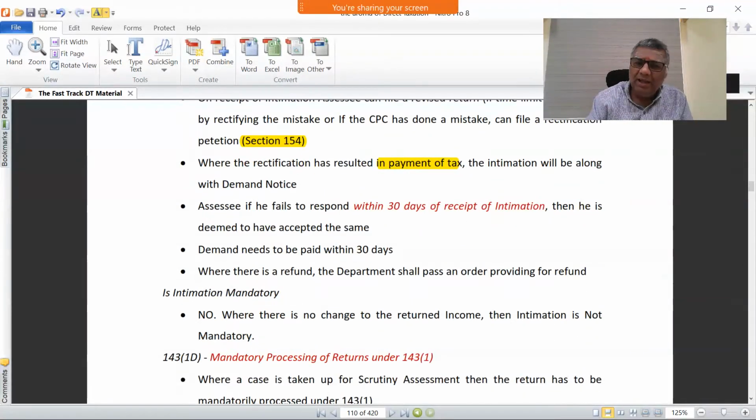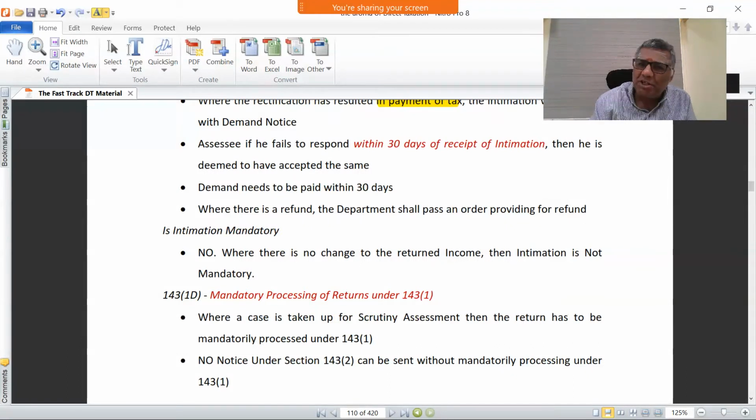Where the intimation results in a refund, a refund order is passed, but the refund need not be issued immediately. Tax demand means within 30 days. Where it results in a refund, I will come to that very soon. Remember,